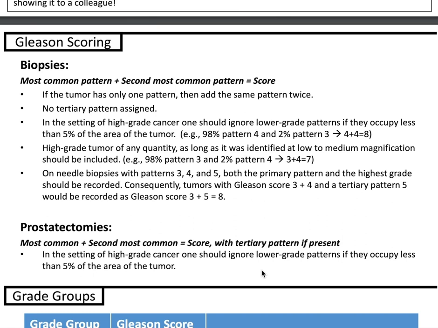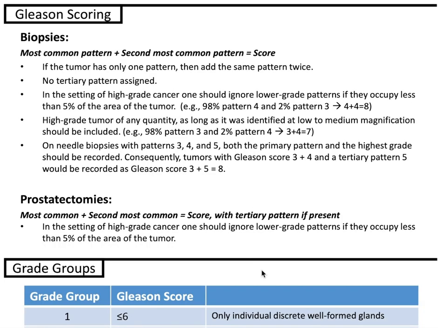If there's high-grade cancer, you should ignore the lower grade patterns if it's less than 5% of the area of the tumor. For instance, if 98% of the tumor is 4 and 2% is 3, then just ignore the 3 and call it 4 plus 4 is 8. High-grade tumor of any quantity, as long as it was identified at low to medium magnification, should be included. For instance, if Gleason grade 3 is 98%, and 4 is 2%, you still mention 3 plus 4